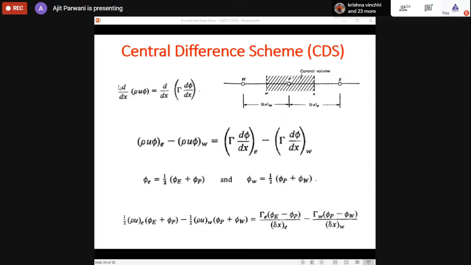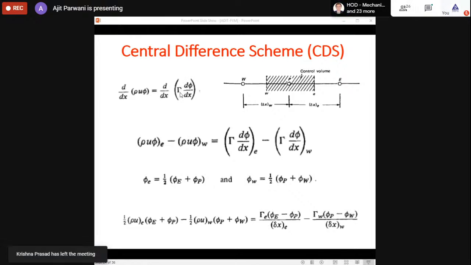Then d by dx I will take common, so it will become rho u phi minus gamma d phi by dx. So this variable, rho u phi minus gamma d phi by dx, I will use as one variable, because I am assuming the profile function as exponential for both convection as well as conduction term. For the upwind scheme, the problem was that I used the upwind value of the variable, and for this variable I discretized by assuming the profile function, and then took the value of this gradient.